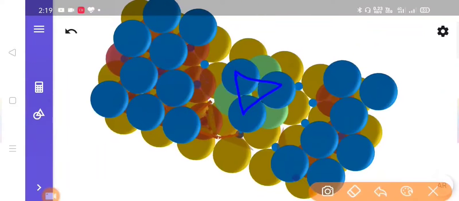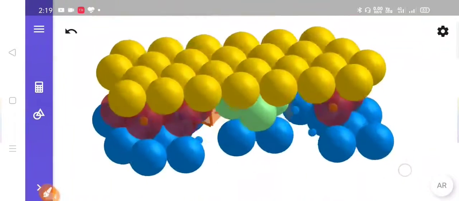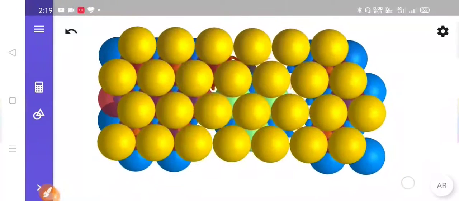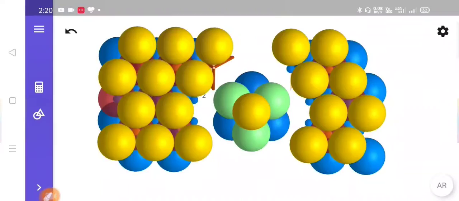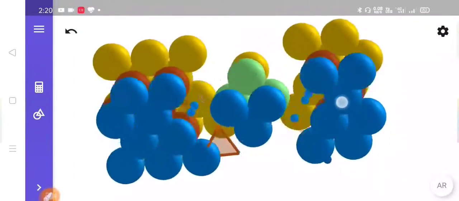Now the bottom creates a triangle like this, and the center layer creates a triangle like this. Between these 6 spheres, you will get octahedral void. Now let us select a sphere from the topmost layer. In this case, we will select only this sphere because it is present on the top of the 3 spheres, and let us ignore the remaining.